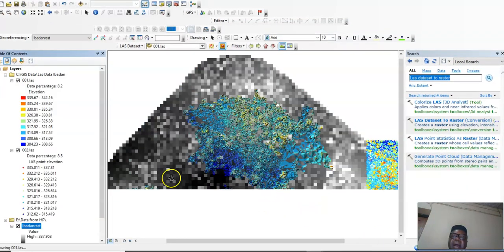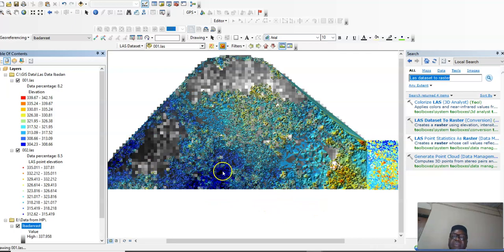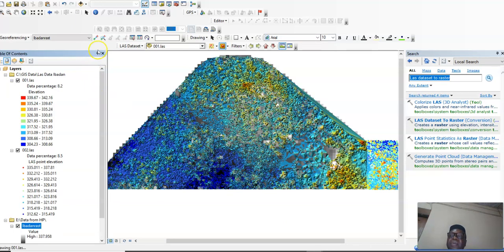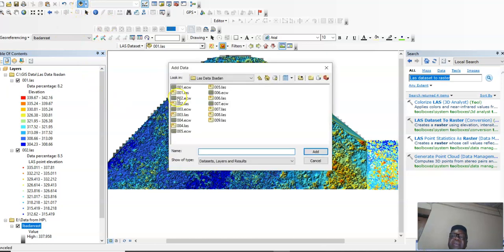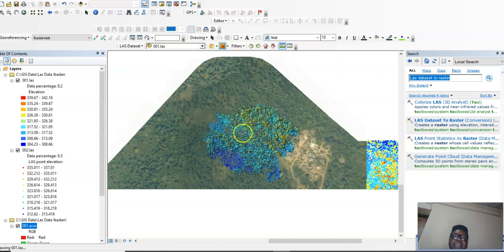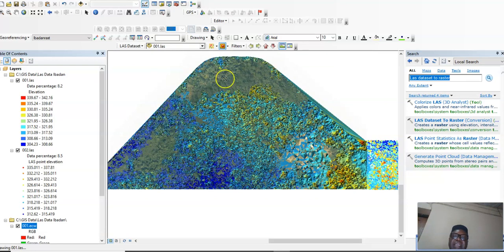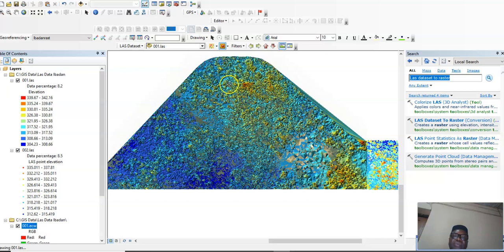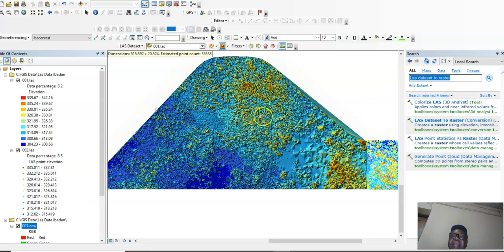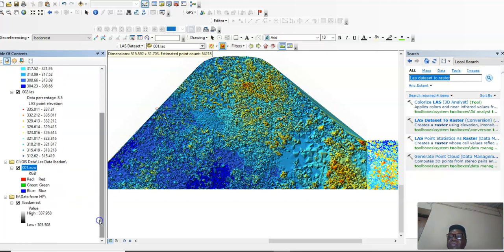So we have a model working here, and you now have the elevation model. We can actually overlay the image of the place, which is the orthophoto of the place. You can see the LiDAR data that shows areas of high elevation. So you can convert this to contour by just generating contour.